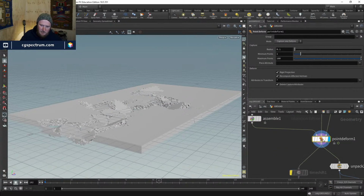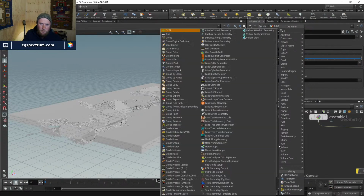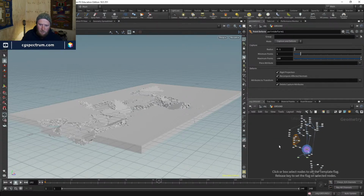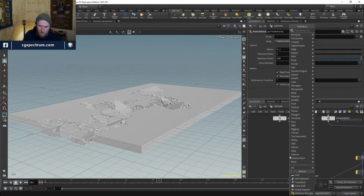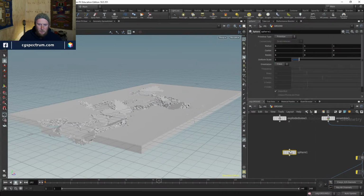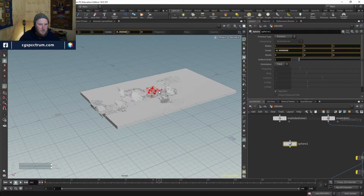Maybe I'll do something like this. So they're packed at this point. I'm going to put a little box, or actually just a grid down here. Oh, actually, maybe a sphere. A sphere is easier to kind of position, use. It'll create like a radial type of effect. So I'm going to put this here, move it to the end here,